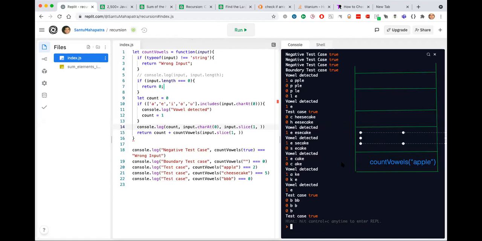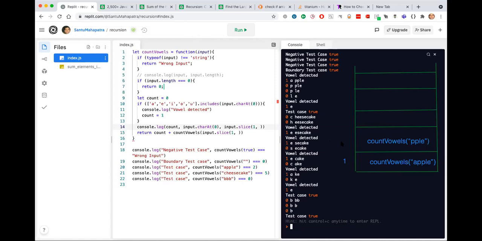All right, so this is the absolute first function on the call stack. This checks whether A is a vowel or not, and then calls the rest of the stuff. So this is holding 1 here, 1 plus, and then it calls count vowels PPLE.